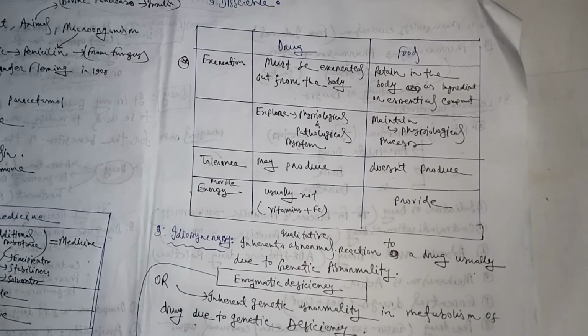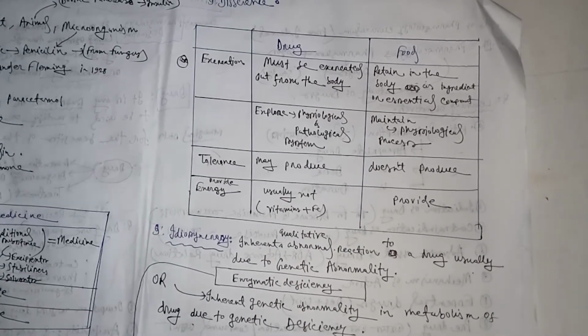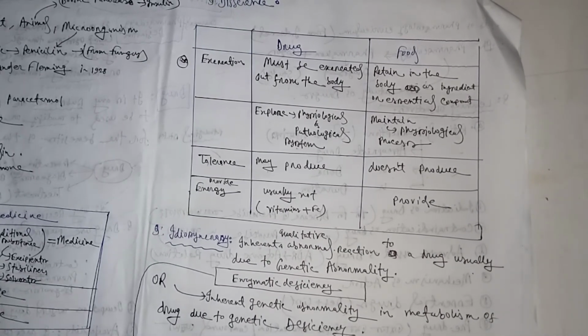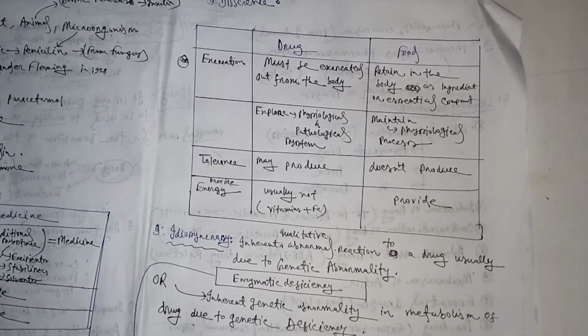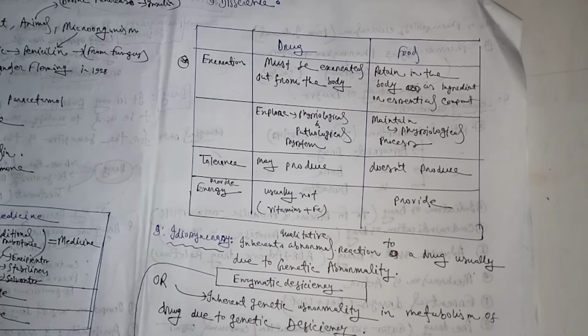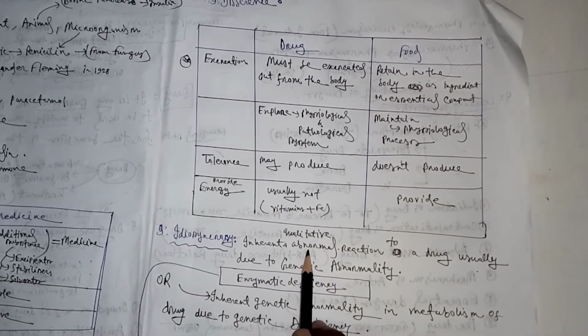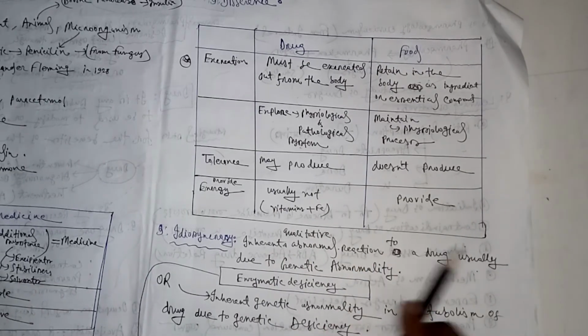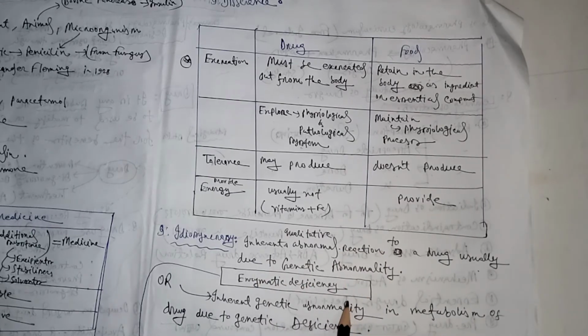Okay, let's know about a new term, which is idiosyncrasy. So what is idiosyncrasy? It is an inherent qualitative abnormal reaction to a drug, usually due to genetic abnormality, or